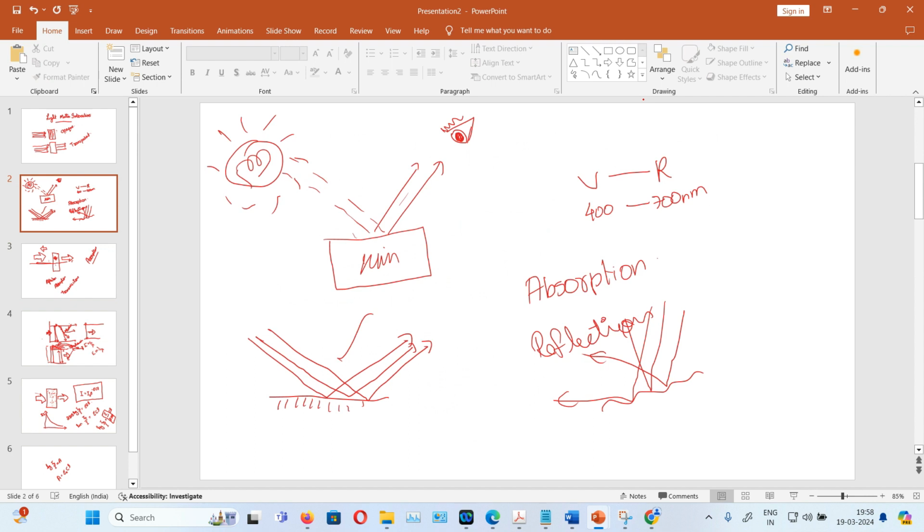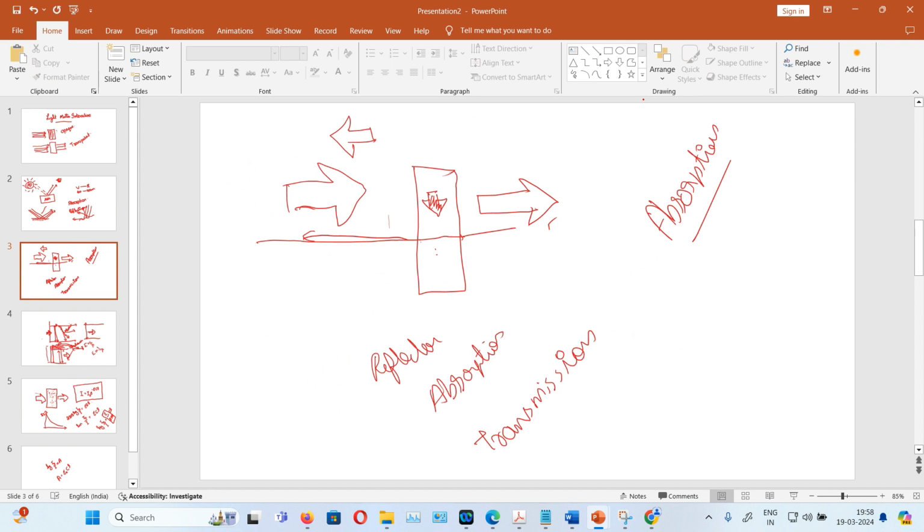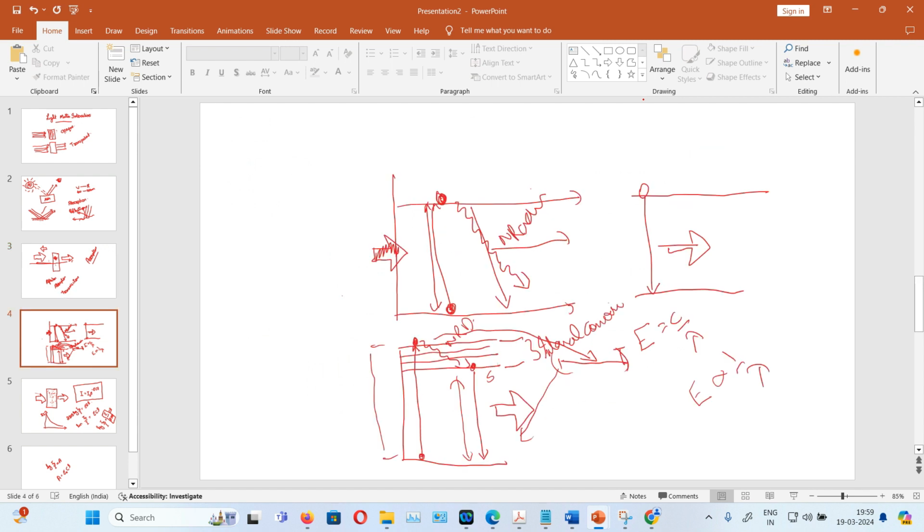We covered the phenomena of absorption and reflection, and what happens when a transparent material transmits some color and some absorption is happening. The intensity of the incident light and the intensity of the transmitted light depend on the material property and the thickness of the material, which is given by Lambert's law. And the molecular level idea of